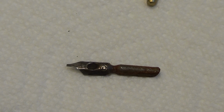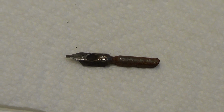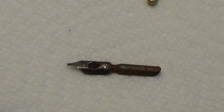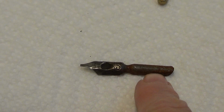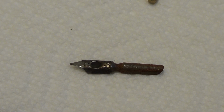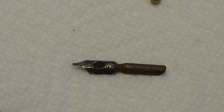When we're enjoying calligraphy, it can be easy to forget about looking after nibs. I'm sure many calligraphers will have nibs like this one in their nib box. Can you see that it's completely rusted all the way along here? This is the part of the nib that goes inside the pen holder. The reason it's so rusty is because I didn't look after it properly and I allowed water to get inside